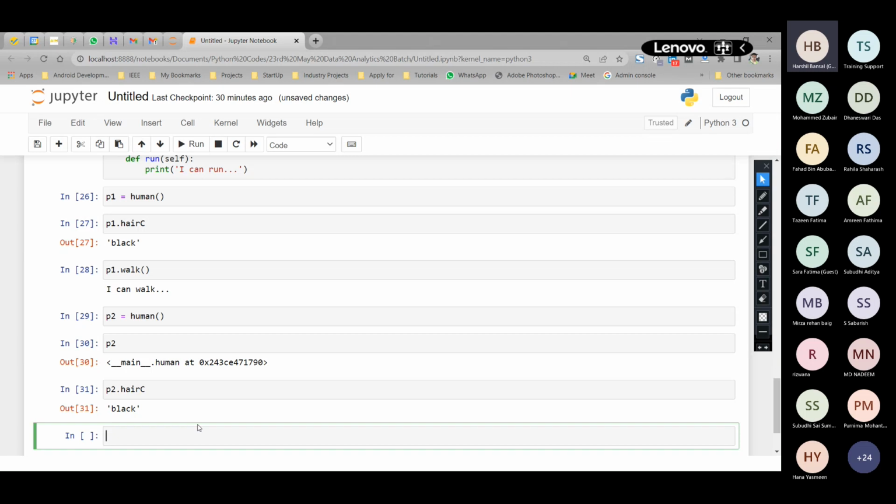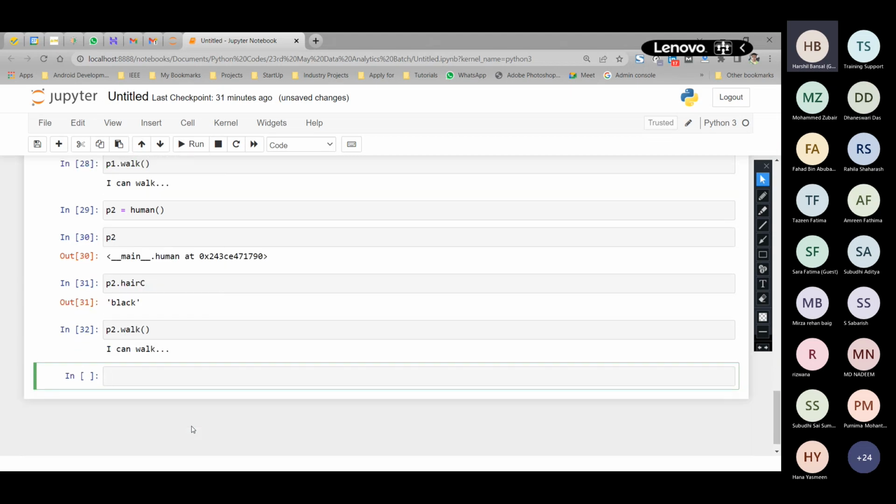Next thing, class, suppose I want to see if P2 can work or not, so I can write P2 dot work. Here you can see it is saying P2 I can run. That means P2 can run. Here I will write P2 dot